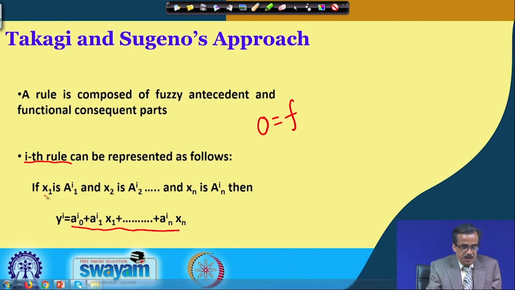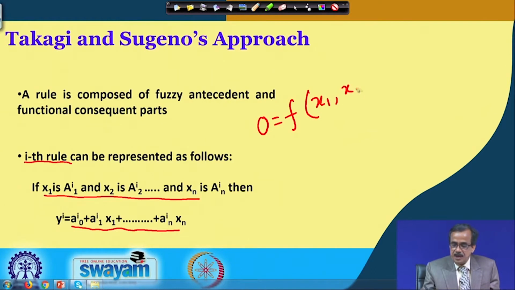Here in this rule I am considering that there are n such variables like x 1, x 2 up to x n. So, this output, that is y i, is represented as a function of the input